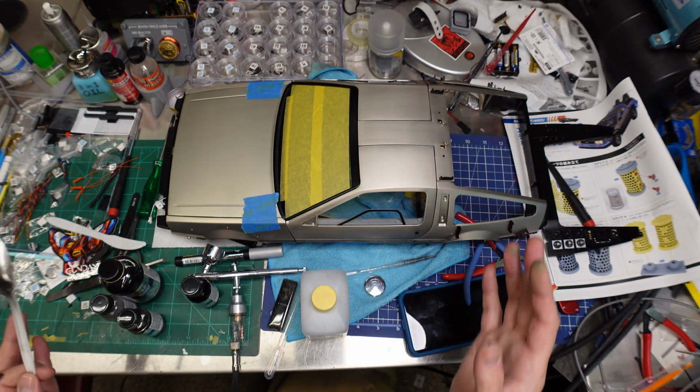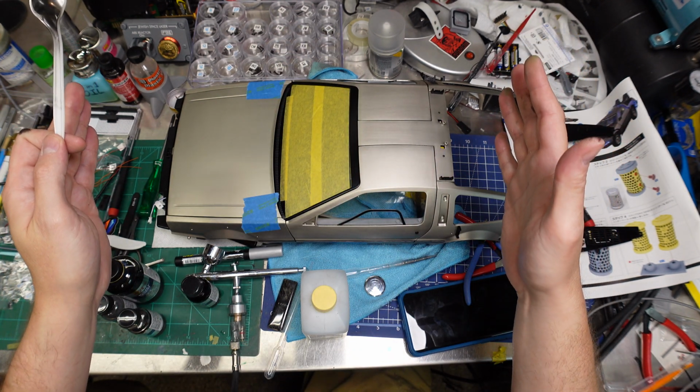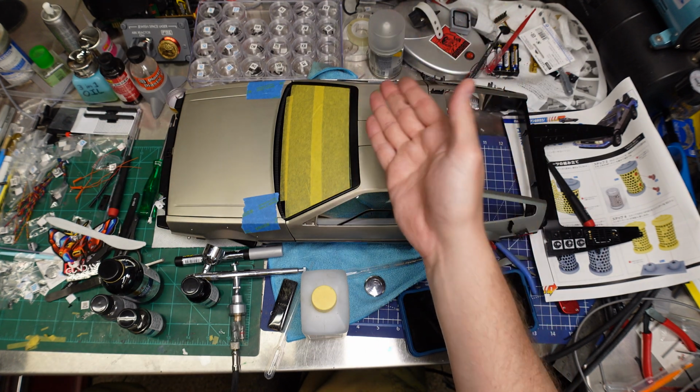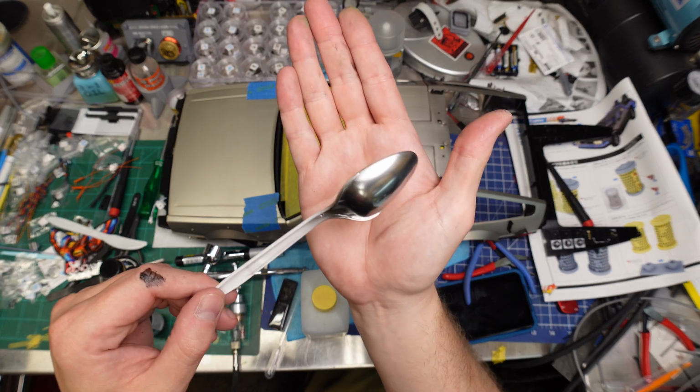This guy goes to Costco. They've just got the case of 2,000 spoons sitting there at the front door. Sir, you don't need to walk through the store. We have your spoons ready for you. But yeah, that guy makes some...